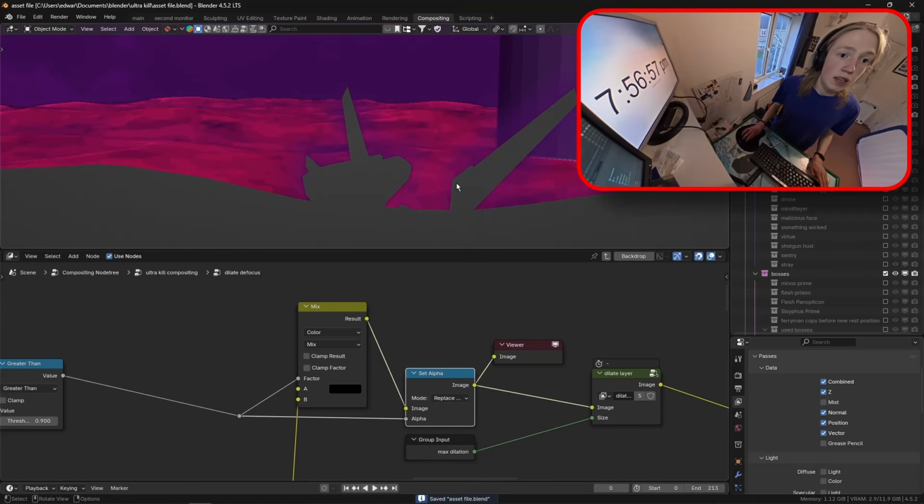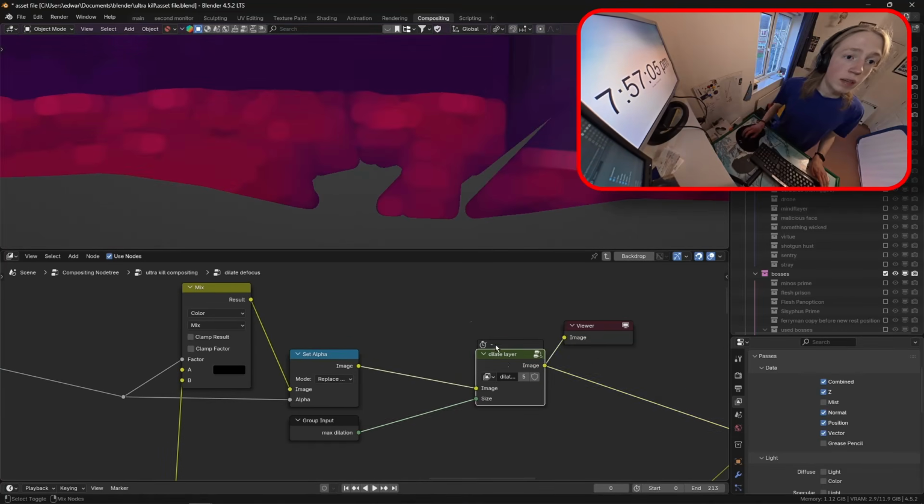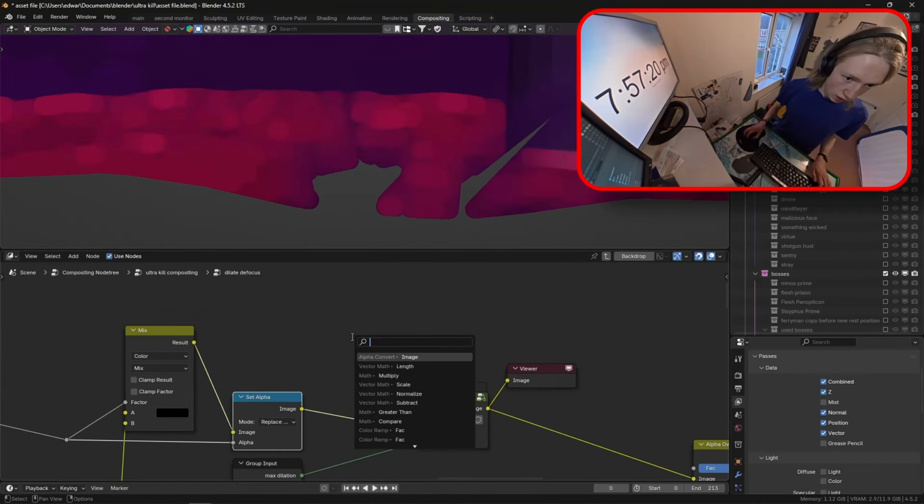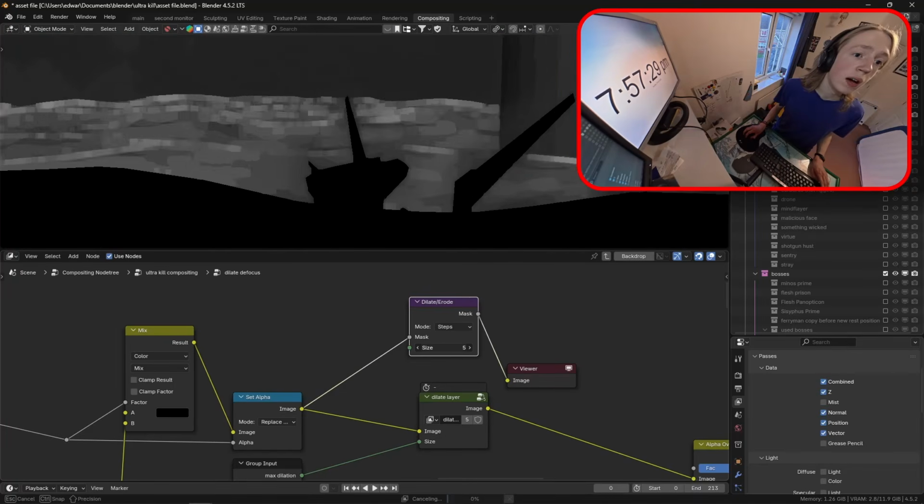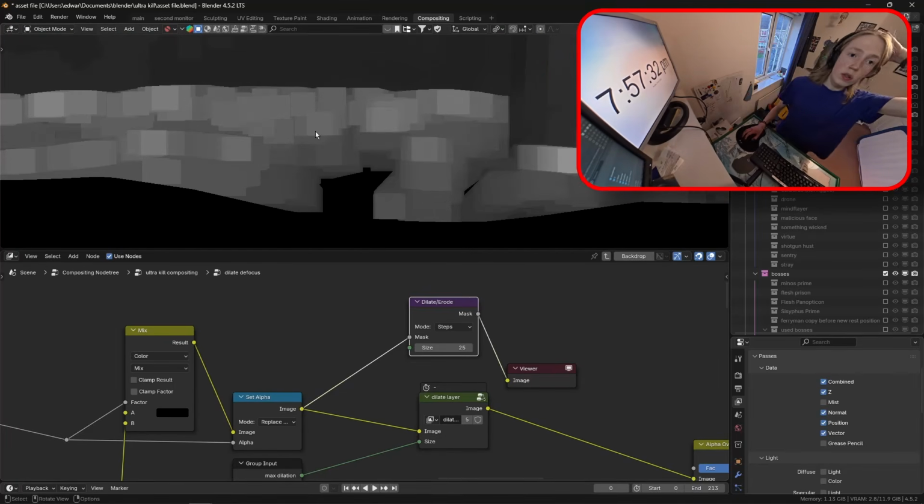Alright, so now we have our layer separated, we then need to dilate it, and I'll explain what that means. So, if we bring this into a dilate mode, and increase this value, then you'll see something happens. Well, of course something happens. Right, so what happens is, if you've got a bright pixel and a dark pixel, if this size